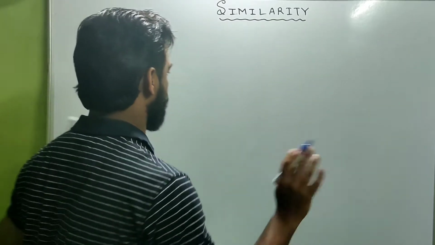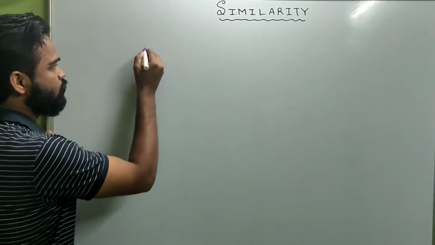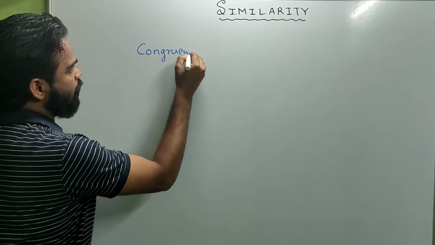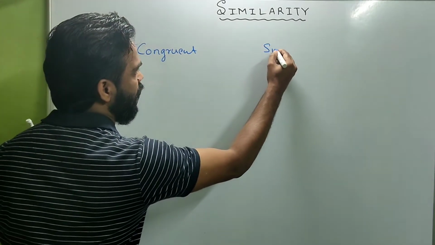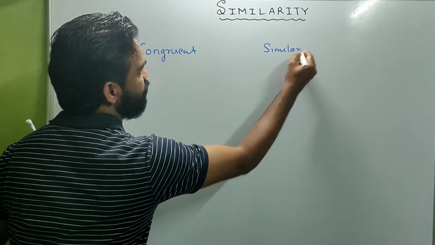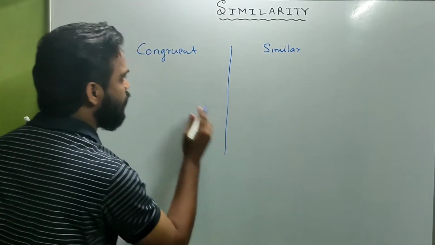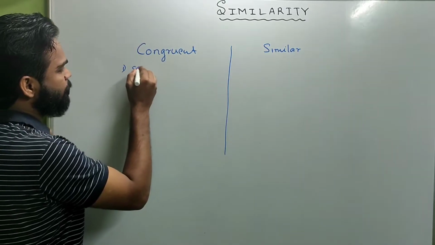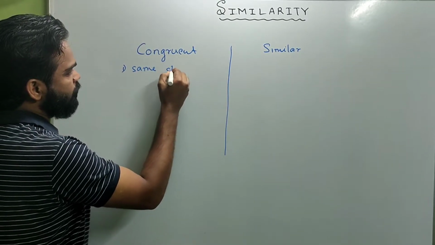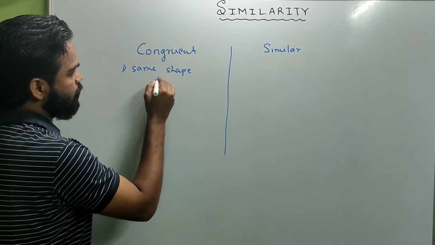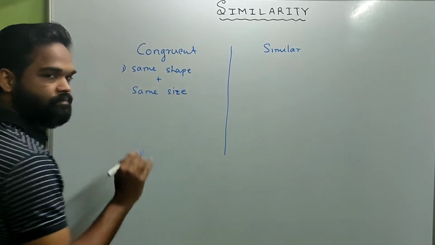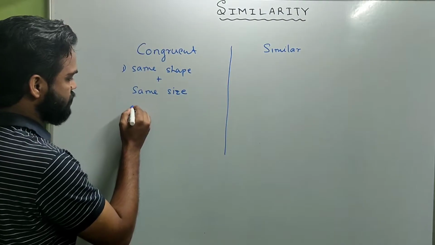Now let's get started. The first thing I need to clear is the difference between a congruent figure and a similar figure. When I'm talking about a congruent figure, in simple terms, I mean same shape and same size, which means if you take, suppose, two